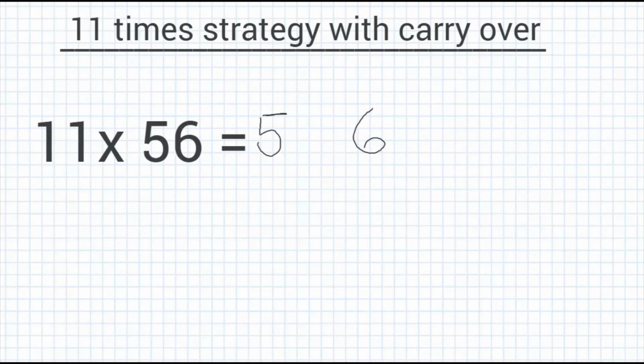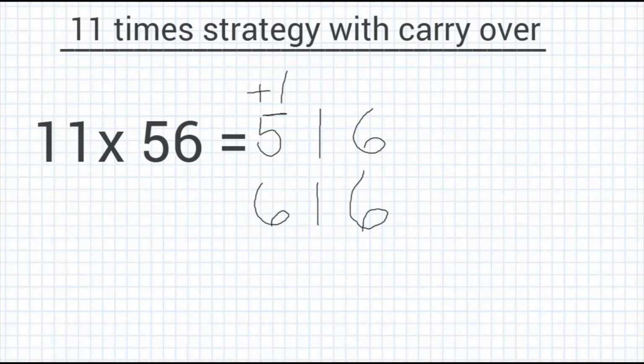Now, we're also just going to add the numbers. So 5 plus 6 is 11. Now 11 is greater than 9, so we're just going to write the ones digit in the middle. So the ones digit is 1, and then we are going to take the tens place and add it to the number that is towards the left. So we're going to add 1. And then your final answer would be